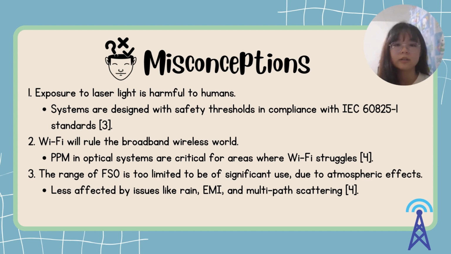Secondly, it is often assumed that Wi-Fi will solve all connectivity challenges and rule the broadband wireless world. In fact, technologies like pulse position modulation in optical systems are essential for areas where Wi-Fi struggles, such as long-distance communication and interference-prone environments. Thirdly, some think that the range of free space optical communication is too limited due to atmospheric effects. In reality, it is less affected by issues like rain, electromagnetic interference, and multi-path scattering, making it highly